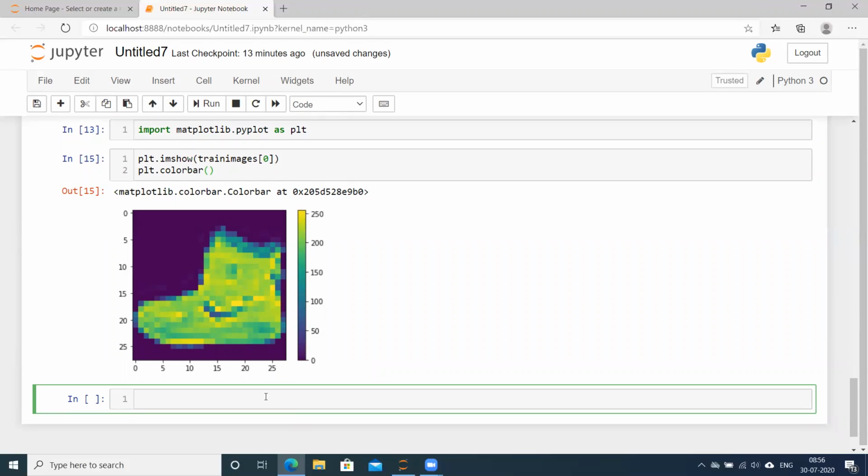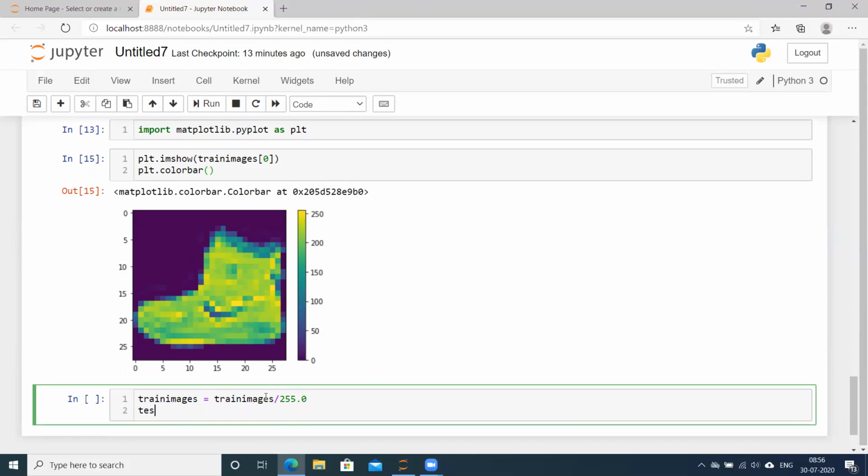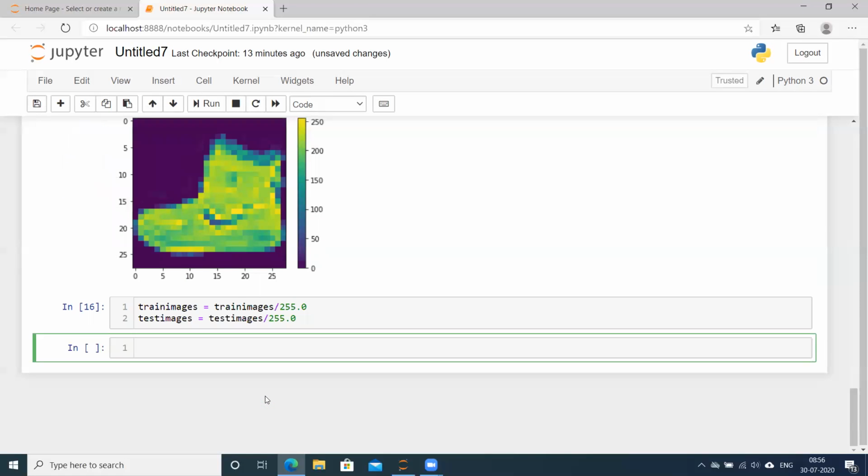So we need to normalize these images. We can normalize them by writing train_images = train_images / 255.0. Similarly, we need to normalize test images as well. So let's normalize them. And now our data set is ready.